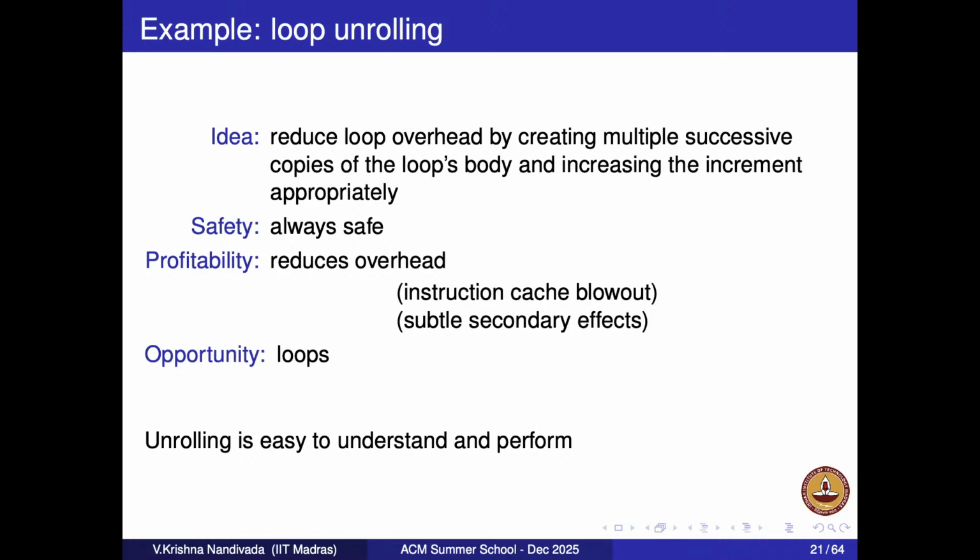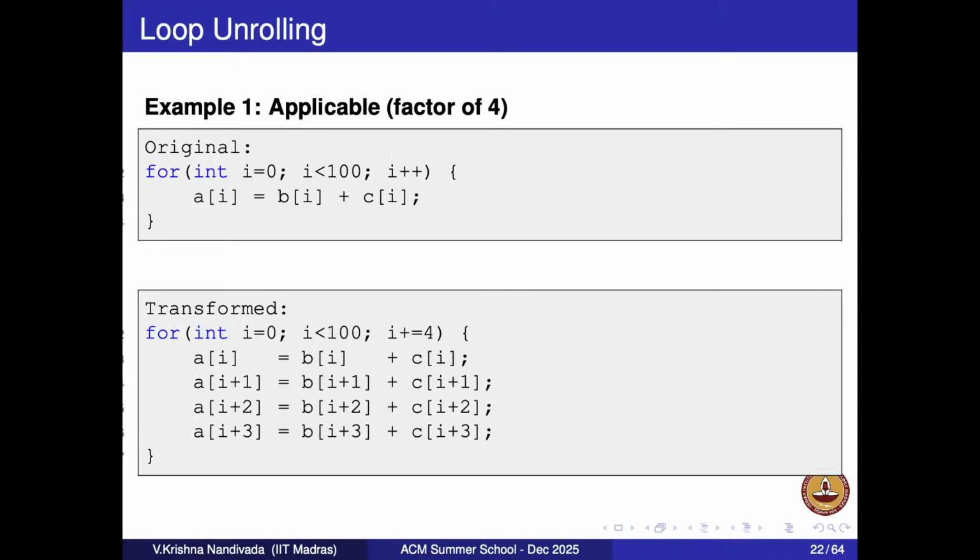So what if, let's say I have a loop that says iterate over this body S. What if I just unroll the loop? I say in every iteration do 2 instances of S. Let's say I have a loop like this. I goes from 0, I less than 100, I plus plus. I increment I once. The body is unrolled. I mean the loop is unrolled by a factor of 4.